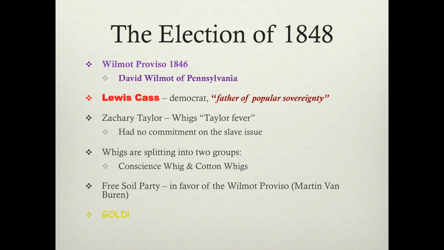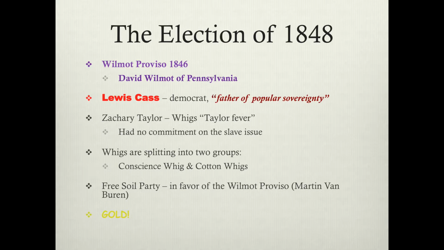All right, Wilmot Proviso. Now, David Wilmot is a representative in Congress from the state of Pennsylvania, which is considered a northern state at this time period. In 1846, the war with Mexico is only 3 months old when they decide to come up with what we call an appropriations bill in Congress. Appropriations means to get a lot of money for something. They're trying to raise $2 million to offer to Mexico to buy California, to maybe hopefully not prosecute this war any further than it has to go.